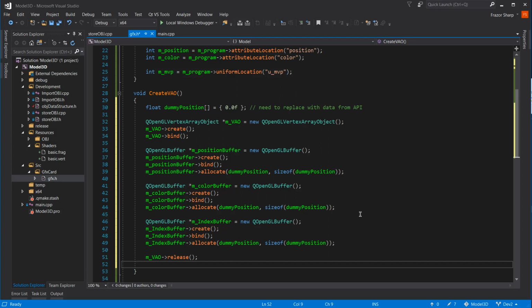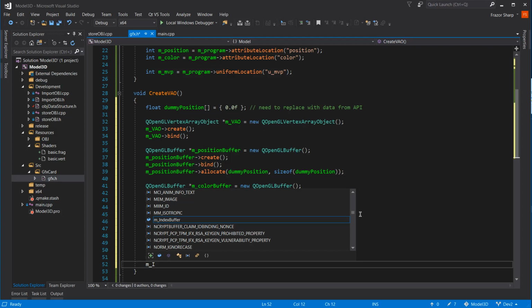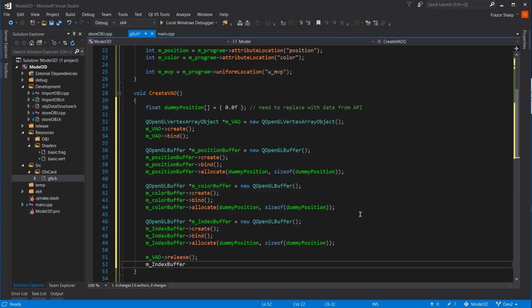That is the programmer's guide. In this case, it doesn't actually matter, but I'm going to stick with the programmer's guide. So it's m_index buffer. The reason it's a programmer's guide is because if, for instance, index buffer had a dependency that the